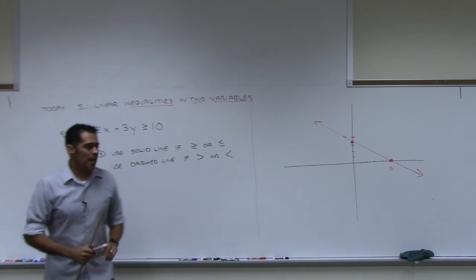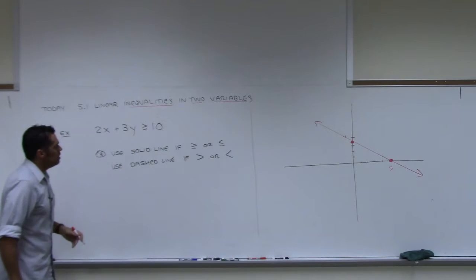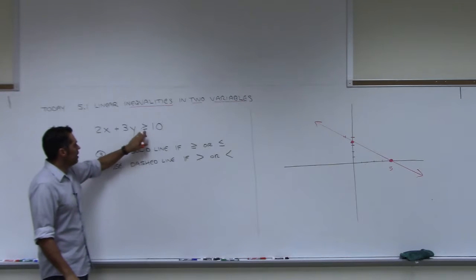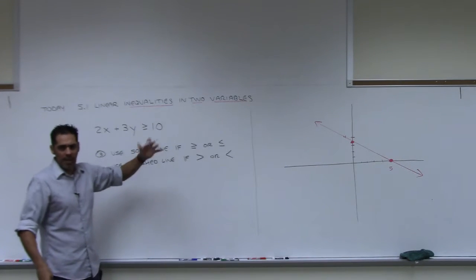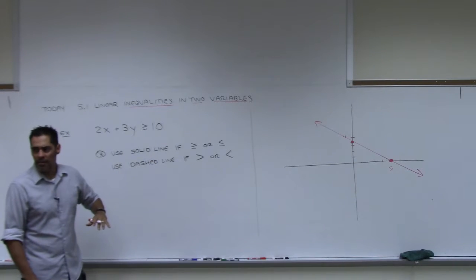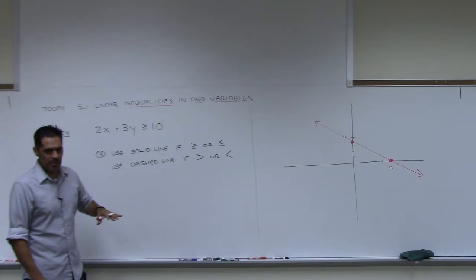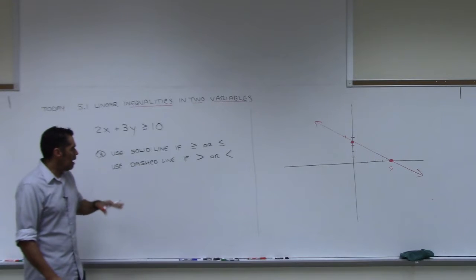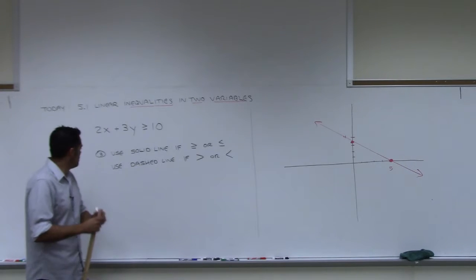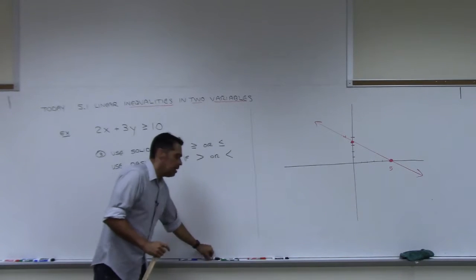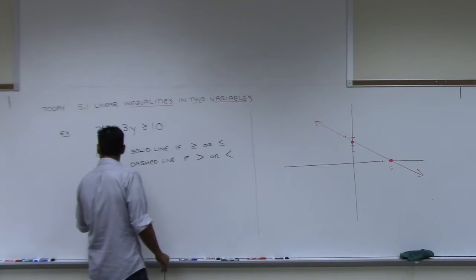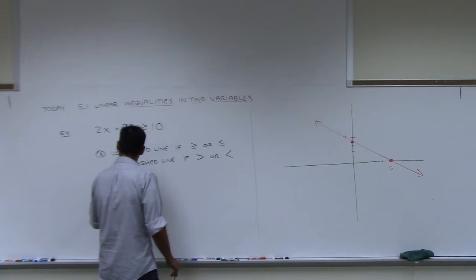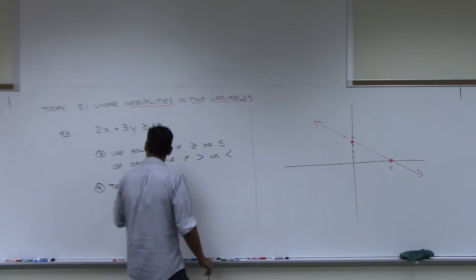One or the other. Now, I know some of you in high school are taught a way of doing it where you look at this symbol and that somehow tells you above or below. If that's the way you were taught, I don't recommend you do that, all right? It's dangerous. It's very dangerous. The proper way to do it, the safe way to do it, is to do one last step, which is to test a point. All right? So what we're going to do now, step 4, is we're going to test any point